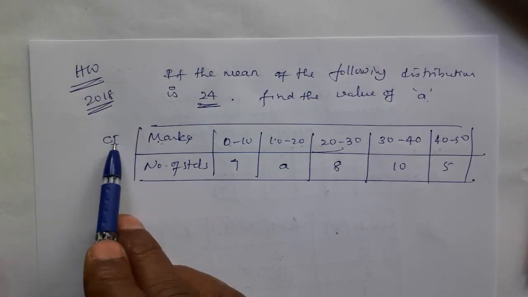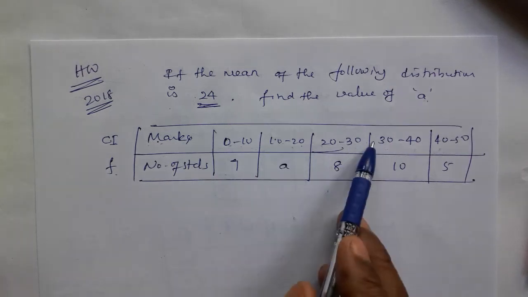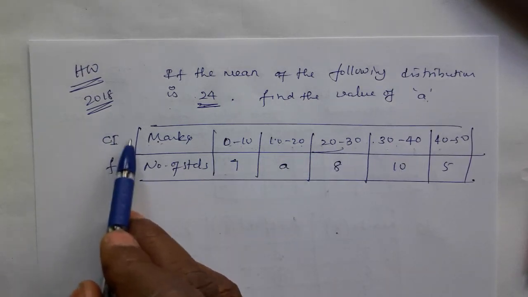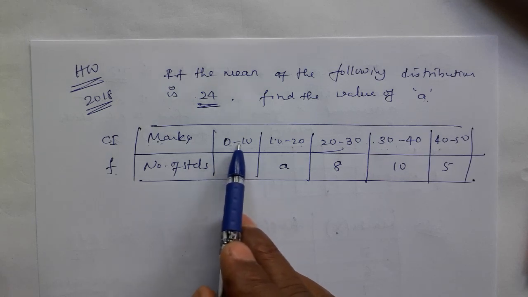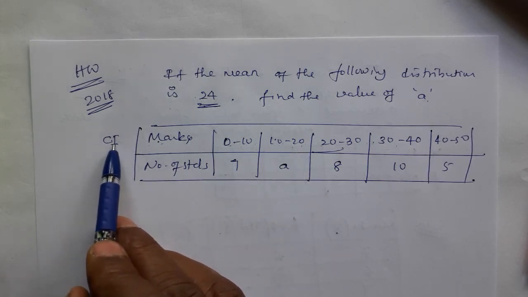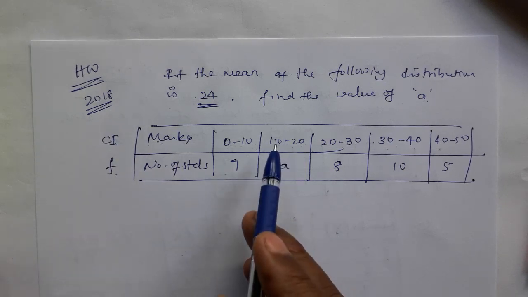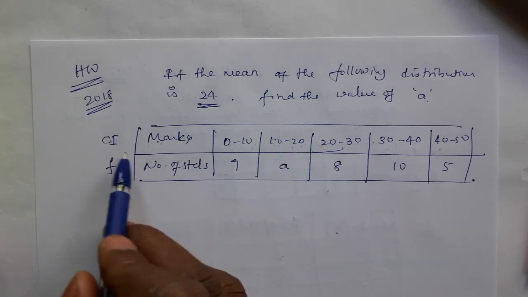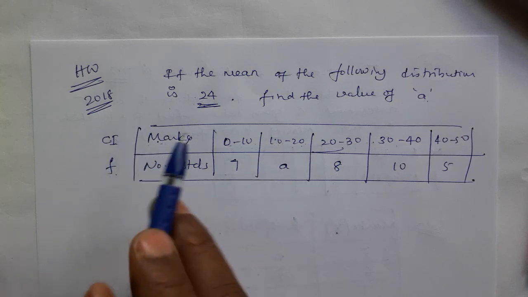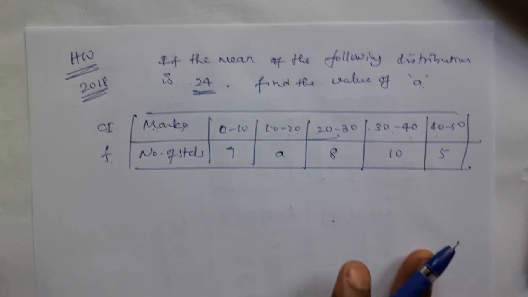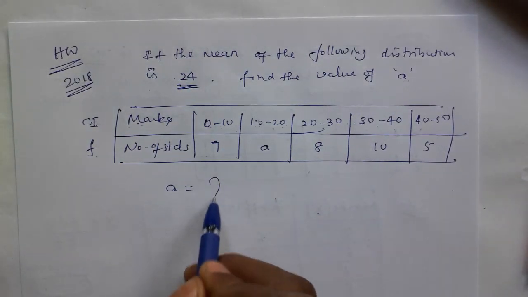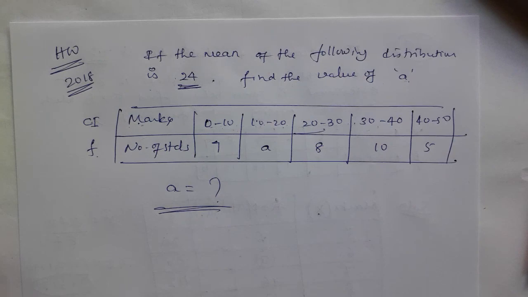In the last problem, Ci was not there because all the values were single digit. When a single digit is given, that is obviously x. When class interval is given, like 0 to 10, 10 to 20, that is taken as Ci. So once Ci is given, you have to make it x by taking the mid value. We know how to convert Ci to x, the mid value. After getting the mid value, multiply that x and this f and use it in the formula. The mean is given as 24, and you get the value of a. Thank you.